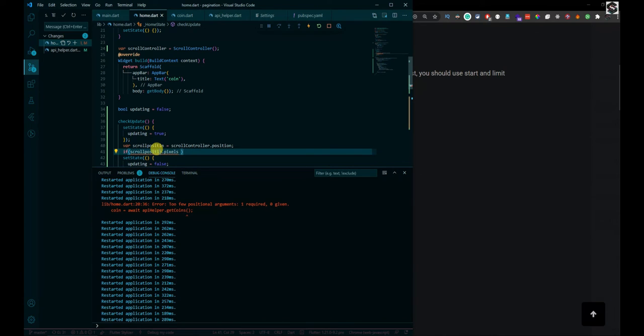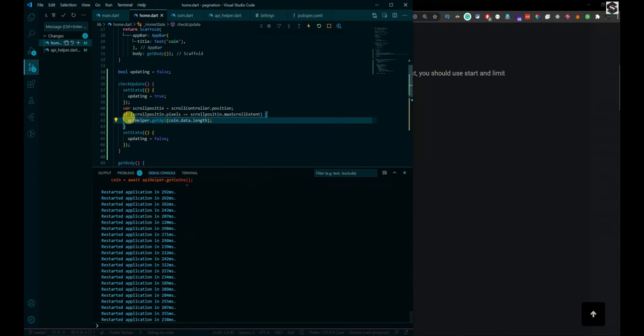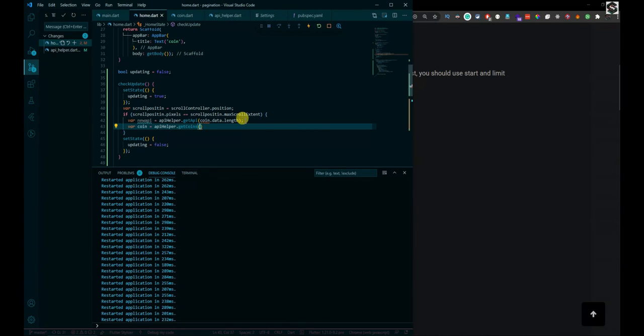If our current pixels are equal to the max scroll extent, then we will pull the new data. If it is equal, we will get the new API. After we get the new API, we will use our getCoin method to get the data again. After we get the new data, we will add it to our original coin object, and it will update our UI accordingly.